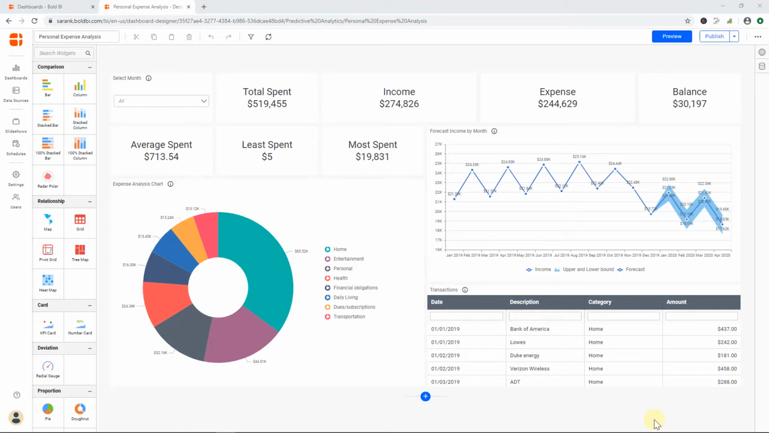Hello everyone, and welcome to this video on sharing Bold BI dashboards and data sources. In this video tutorial, you will learn how to share Bold BI dashboards and data sources with other Bold BI